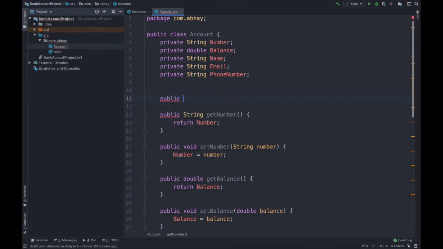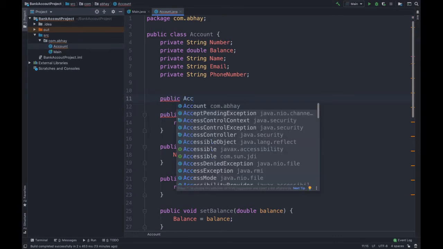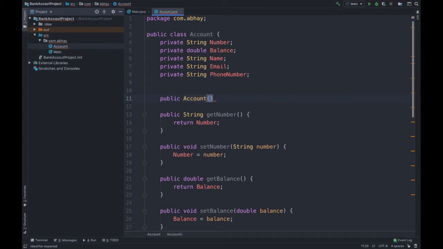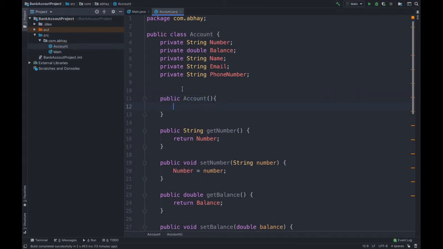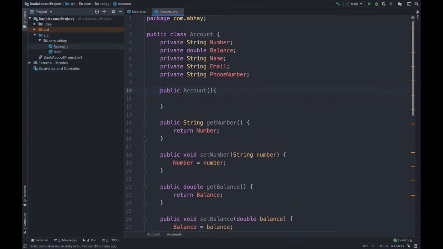We type public, then the exact name of the class. Then we are going to have some parameters. We will start with the account number: String number. Then we have double balance.